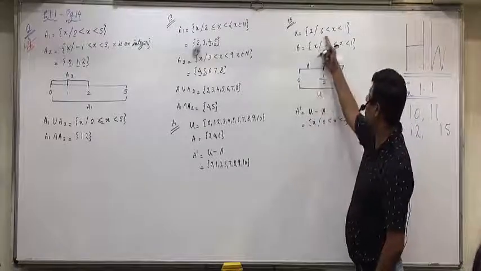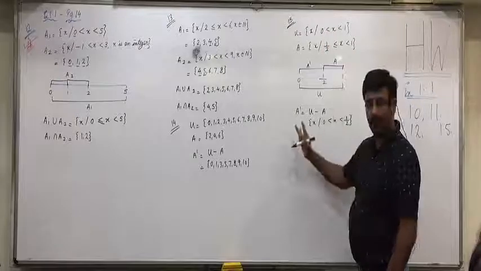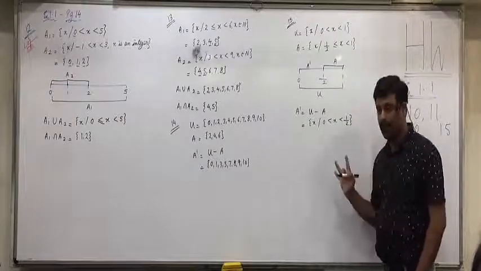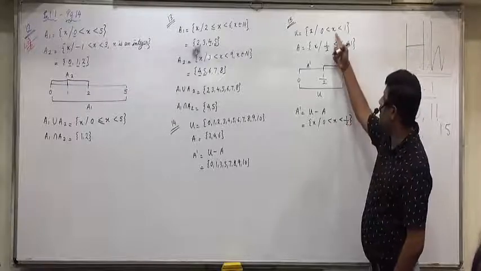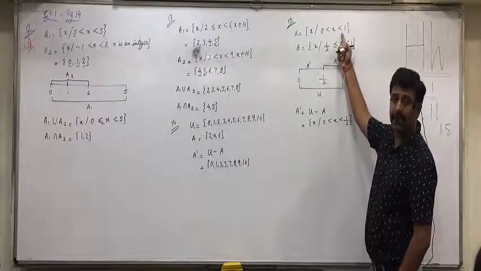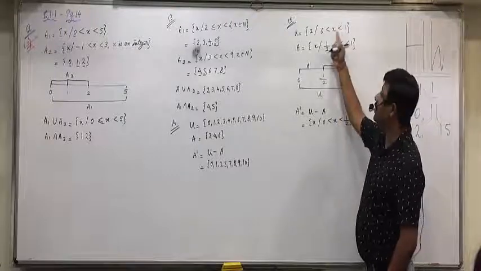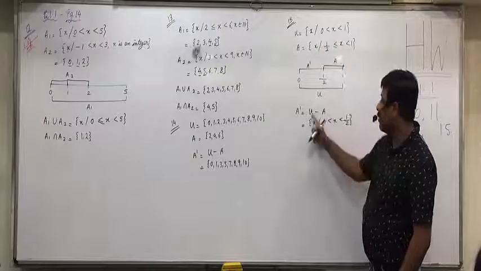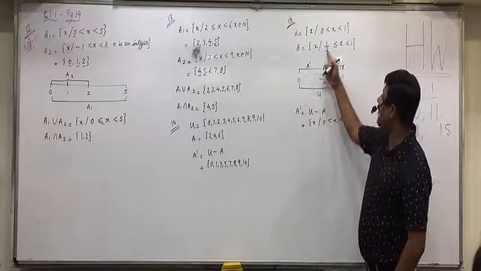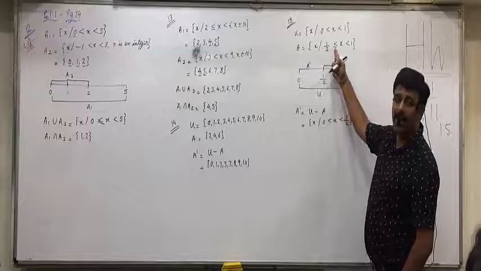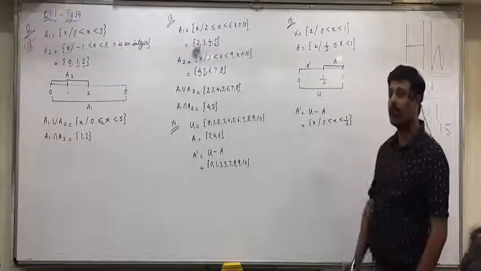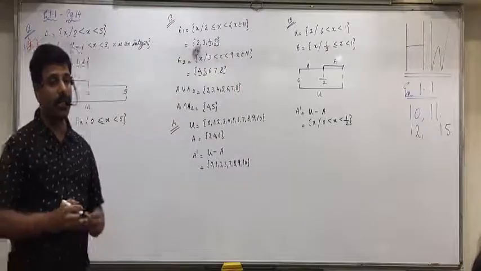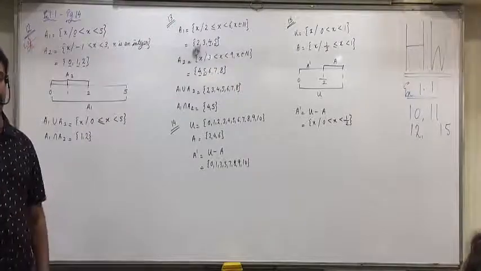0, is it there in the sample space? No. So it cannot be included. Condition 1 is that it should be there in the sample space. So here equal to will not be written. Half, is it there in the sample space? Yes, half comes between 0 and 1. But it should not be in A. Is half there in A? Yes, equal to is there, so it is there. So here it cannot be included. None of the places has the sign of equal to. Did you understand this question, everyone? Any doubts with these questions?